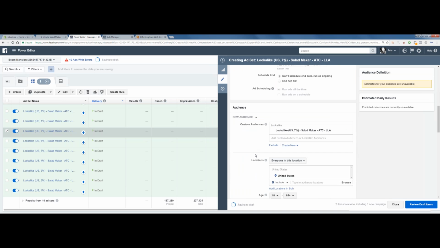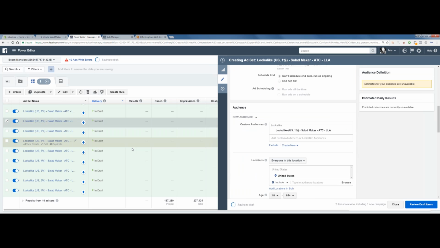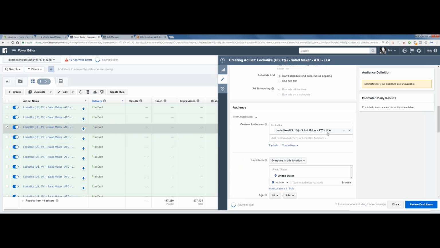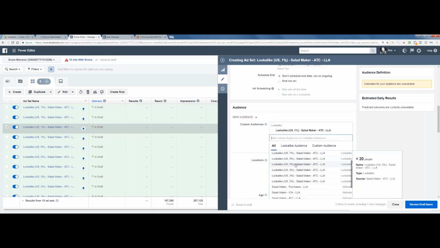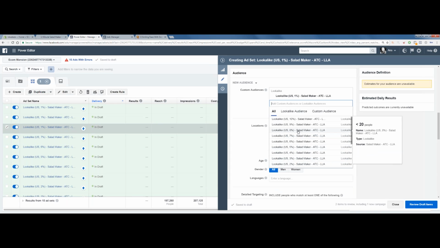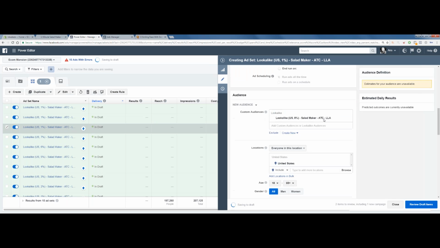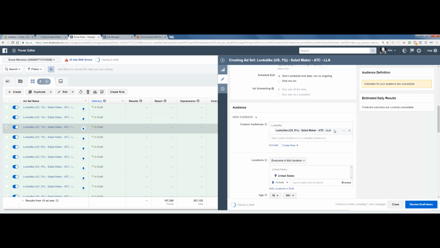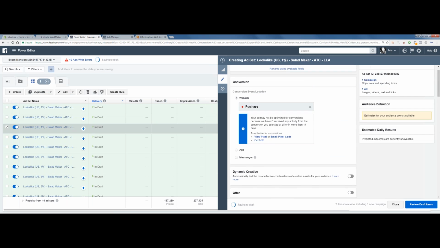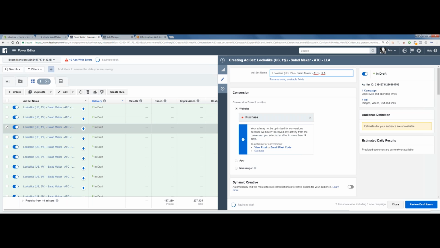While I'm doing this, a good thing to know is that you're going to treat these ad sets and everything just like you treat every other ad set, right? So again, these are not all going to win or anything like that. You're going to wait 24 hours, see if there's any add to carts. If there's no add to carts after a total of 24 hours, you pause it.